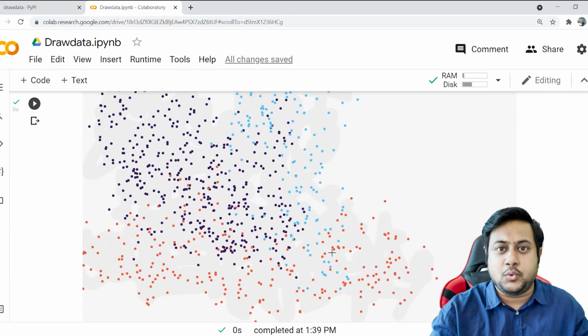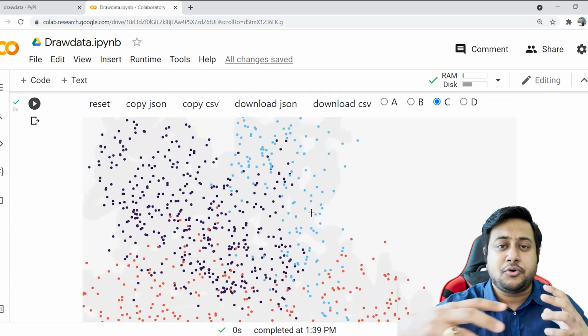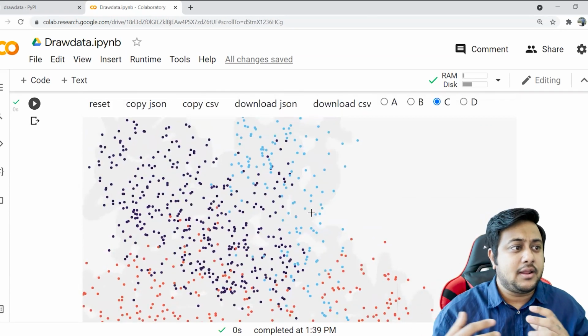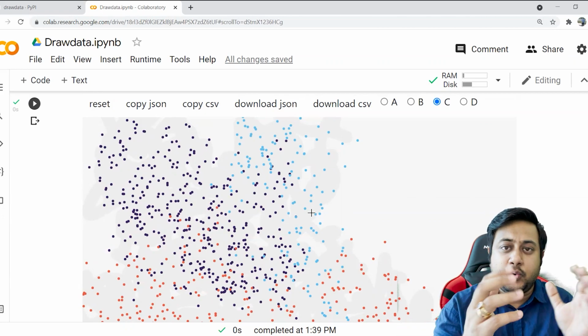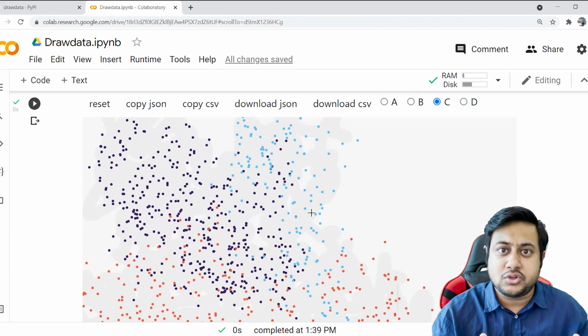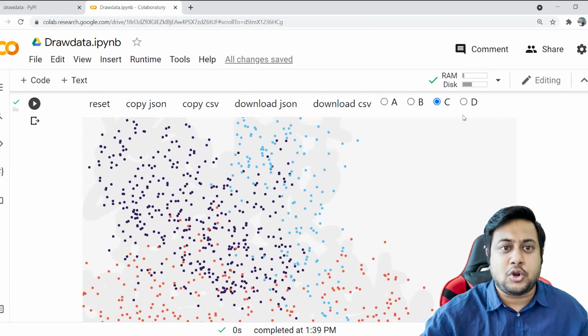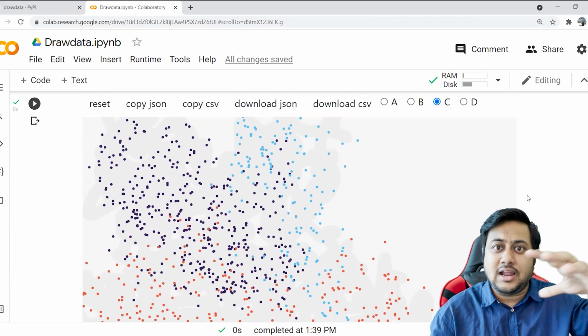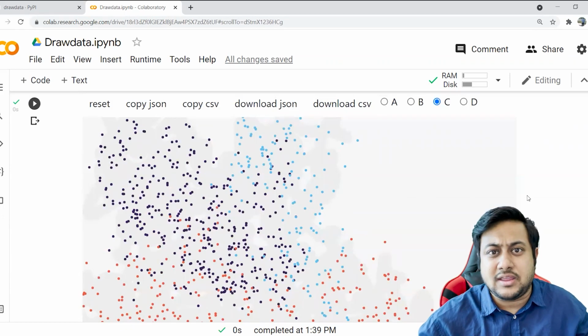If you want, you can do it for 4 classes as well. I'm not pretty sure if it is applicable for more than 4 classes, but if you want to do it for more than 4 classes, what you can do is do it for 4 classes, then download the CSV, then again create another clipboard. Let's say you want to draw your fifth category, do it, and then append your CSV files. That is one quick thing to do.